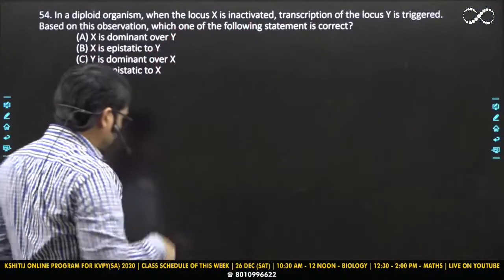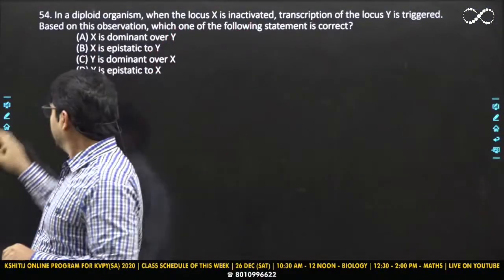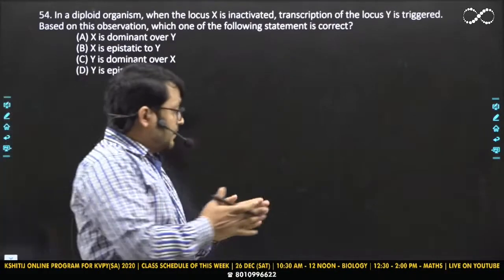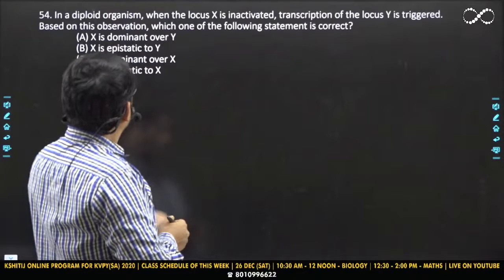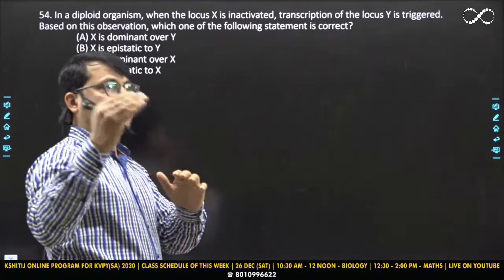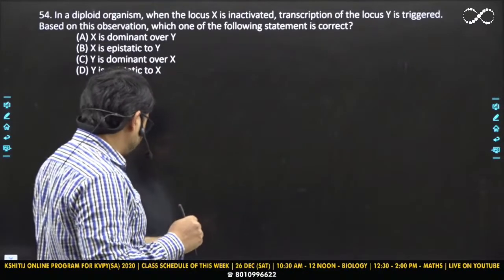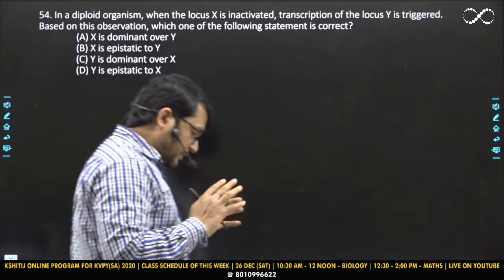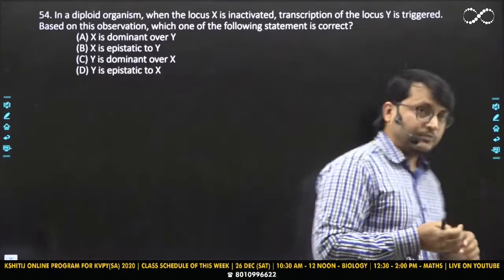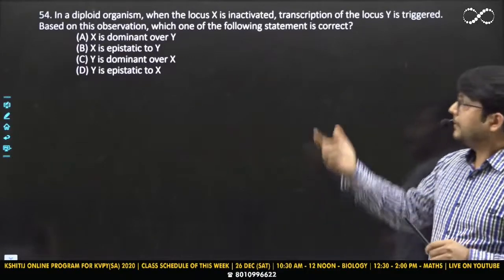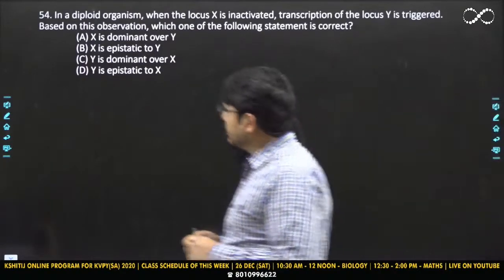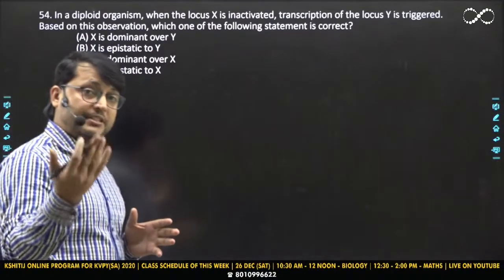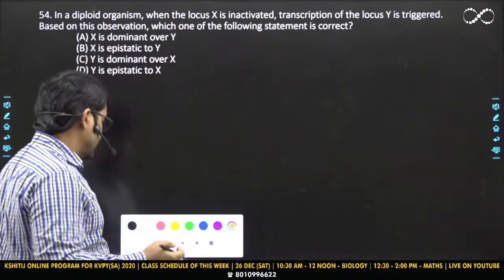So this next question is again a very interesting question from genetics. And this question is at a completely different level. It is talking about something called genetic interactions, or gene interactions. The question itself is lengthy. Let us read that. In a diploid organism, when locus X is inactivated,